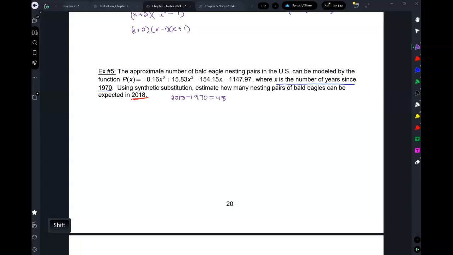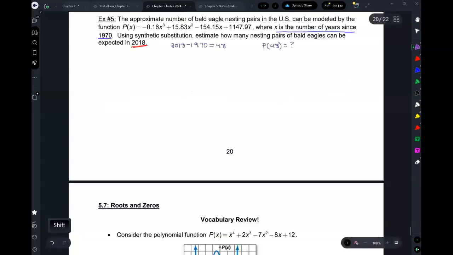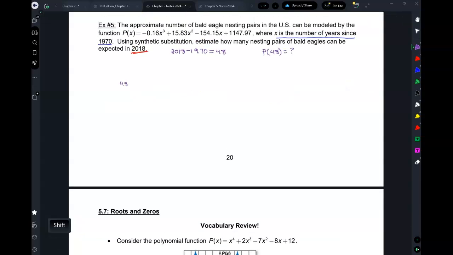So what are we looking for then? We want the population at 48. So we want P of 48. Do you see that? Synthetic substitution or not, this is what we're looking for. Now it says find P of 48, but you have to do it using synthetic substitution. Until today, we would have just plugged 48 into here and done it that way. So now we're going to put 48 here. And here we're going to put negative 0.16,